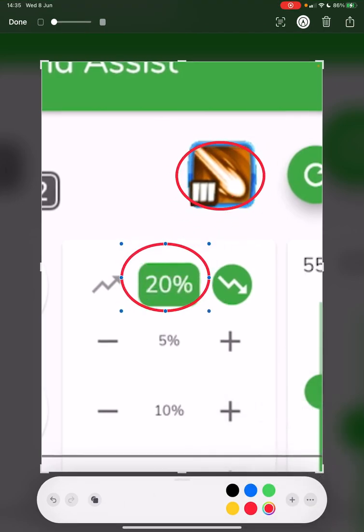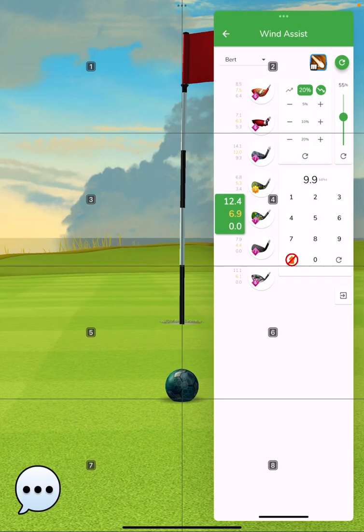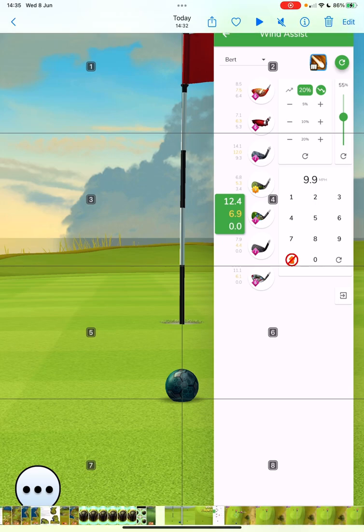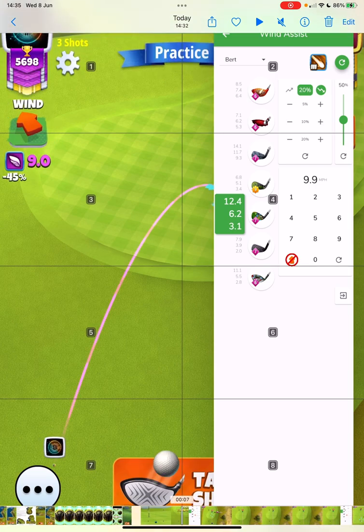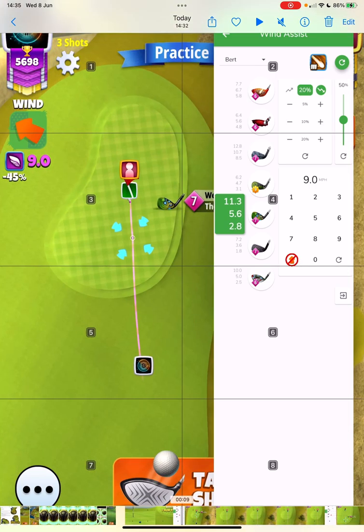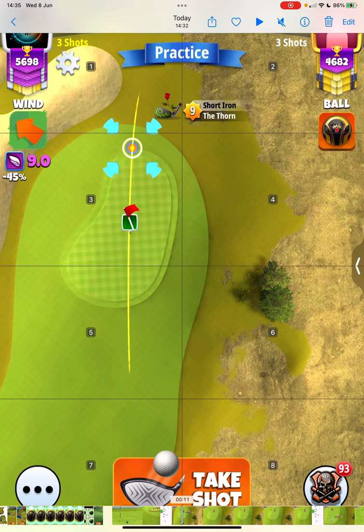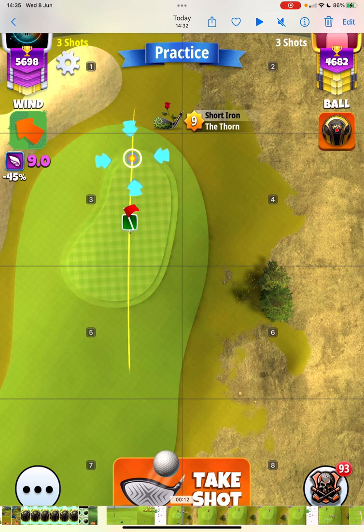and the correct elevation. So the standard Endbringer rule on roundabout level ground, so no great elevation changes, is plus 20, so 20%, and use the relevant power ball. So you can see here I am using a Kingslayer ball,